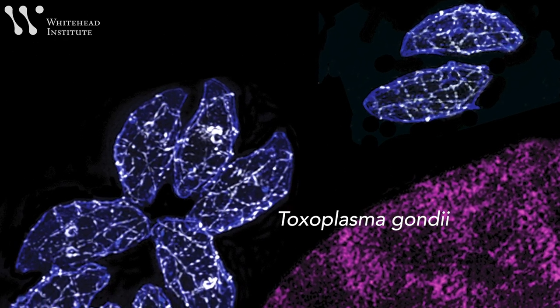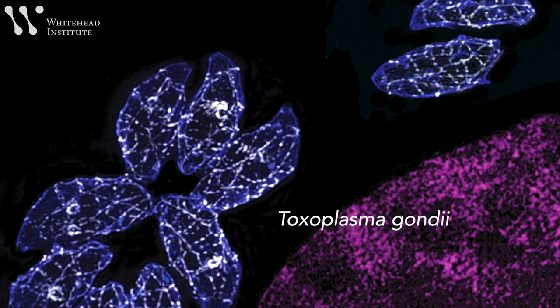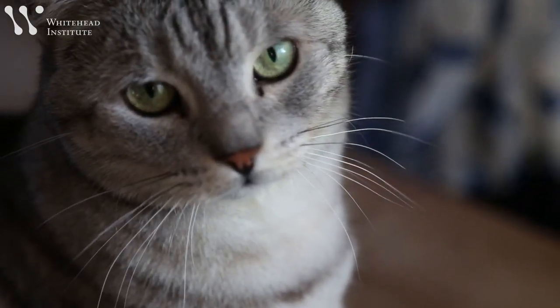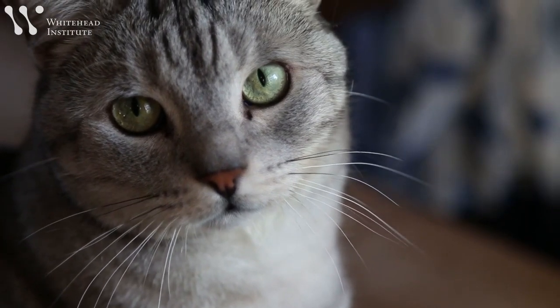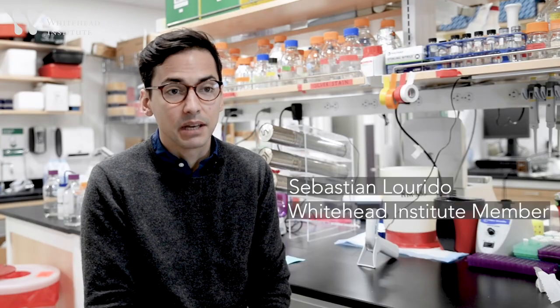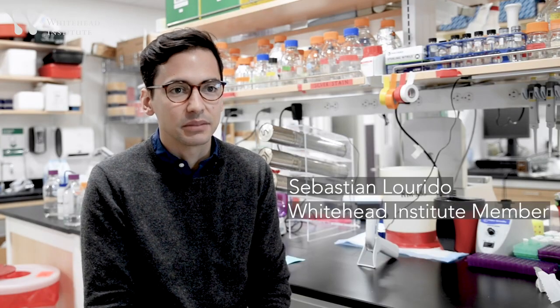Toxoplasma gondii is a single-celled parasite that causes a disease called toxoplasmosis. Infected cats can give the disease to humans when they shed cysts containing the parasite. Toxoplasma infects many people worldwide. The estimates range from 10% in certain populations to upwards of 70% of individuals in others. While the infection stays dormant in most people, it can spread and become life-threatening in people with weakened immune systems.